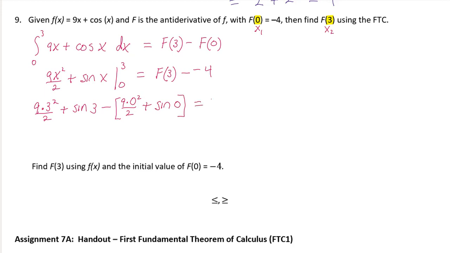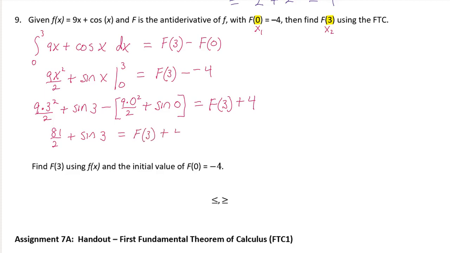On the right side, we have F of 3 plus 4, because of the double negatives there. So on the left side, we've got basically 81 halves plus sine of 3, and that's going to equal F of 3